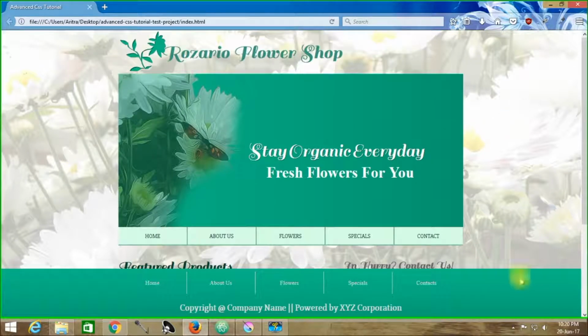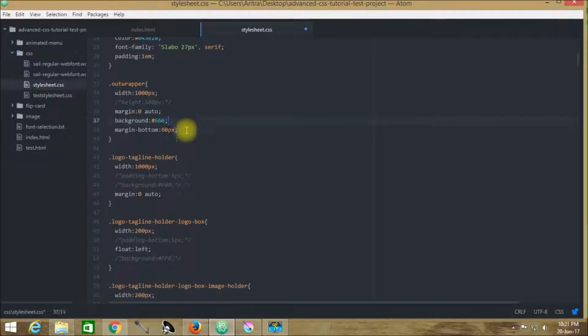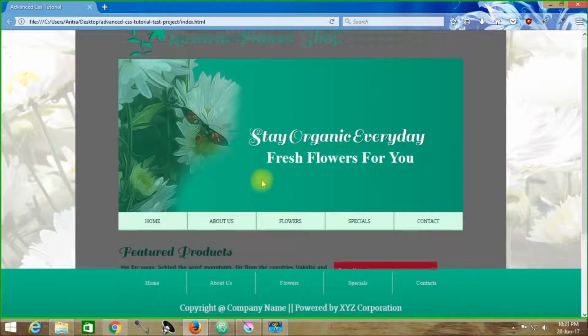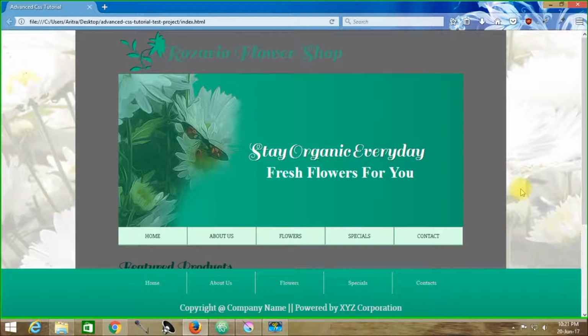The main and basic thing is, every time you are approaching to create your own template, before you do anything, this is the main purpose of this website. The first thing is, you need to create a mother wrapper that will hold all the contents inside. This is practically the basis. Get back here and deactivate this comment, and if we now reload, we can see that each and everything is coming under this outwrapper condition. That means I have created an outwrapper first, and then I have wrapped every content inside this outwrapper. So this is the first thing, and then you just go on with creating your contents.